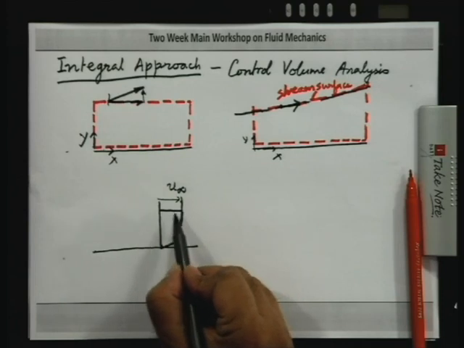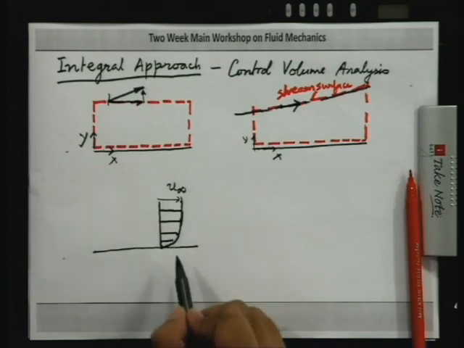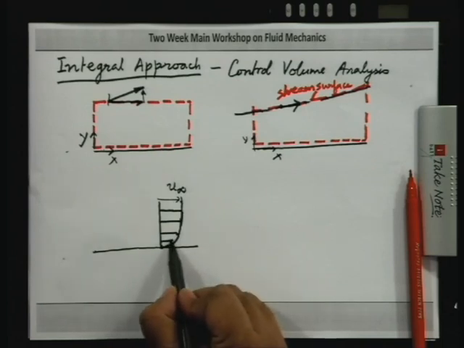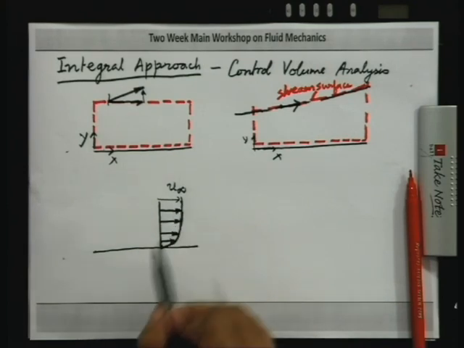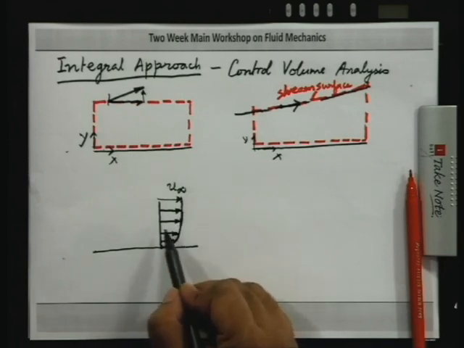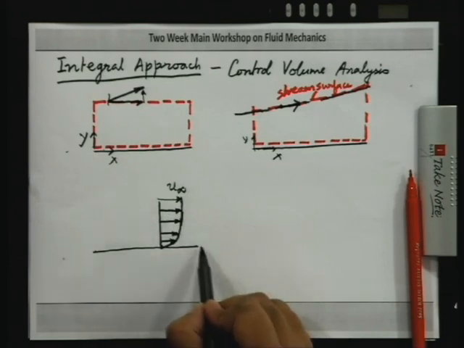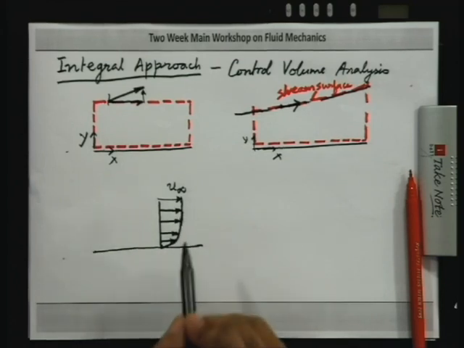So, if I show the magnitude of the velocity by these lines, this is what is called a velocity profile, and typically we put arrows here to show the direction of the flow, but you have to keep in mind that this is not the direction of the velocity vector. Do not get the impression that the y component of velocity is 0. That may be a common mistake. These arrows simply tell you that the fluid is flowing from left to right, and the magnitude of the